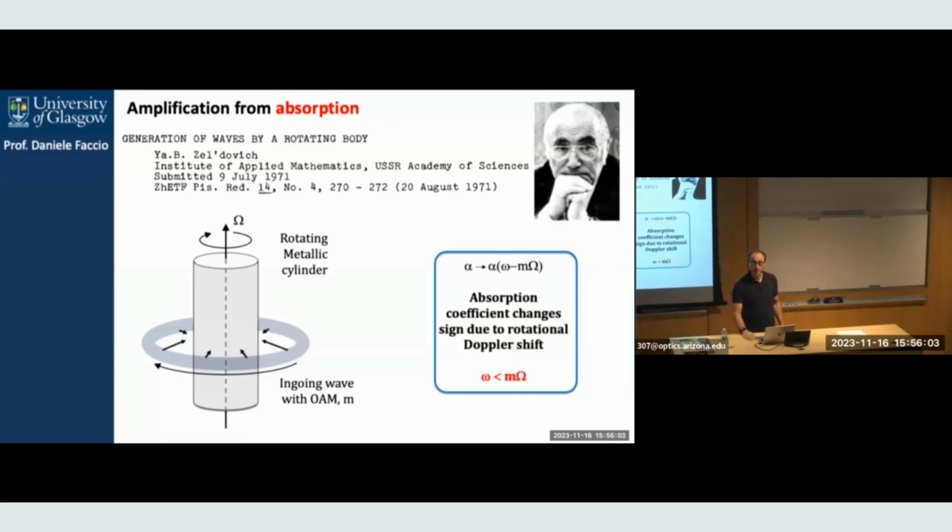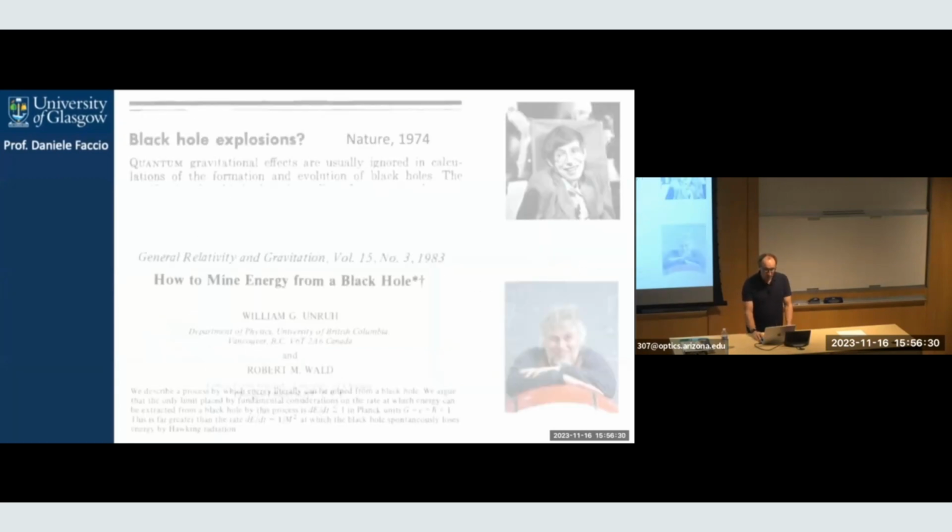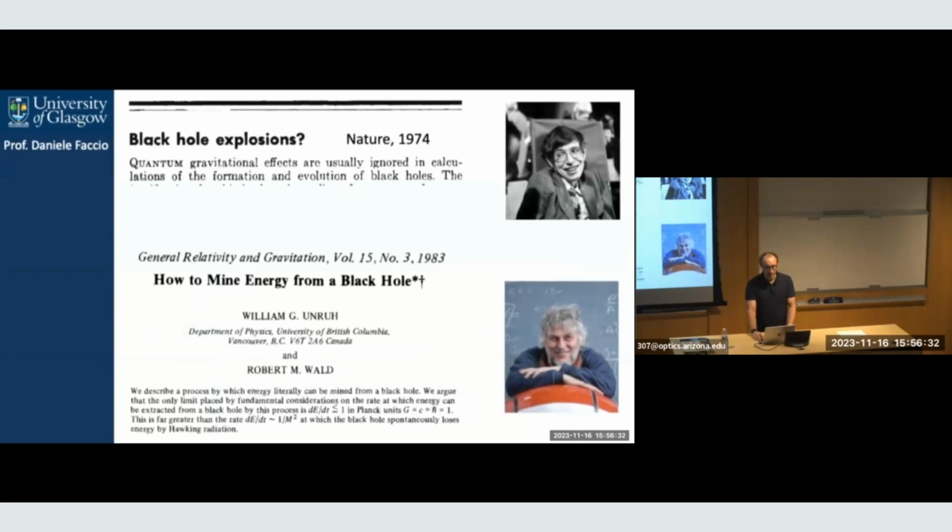And so that would explain how you can then have a mechanism whereby this wave will reflect off the cylinder, but it will have a higher amplitude due to that reflection. And of course, the energy for that is coming from the rotational energy of the cylinder, which will be slowed down by this energy extraction. Okay. And that then, as I mentioned earlier on, led to these sort of ideas, because I forgot to mention